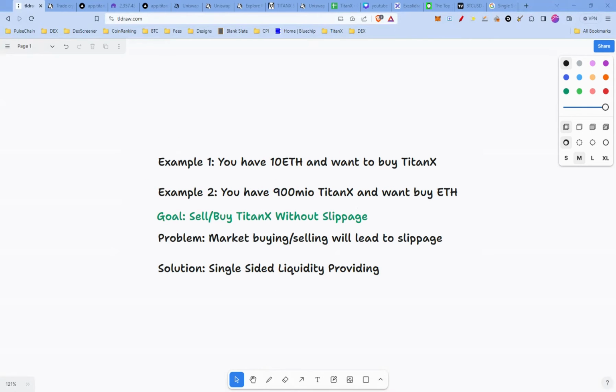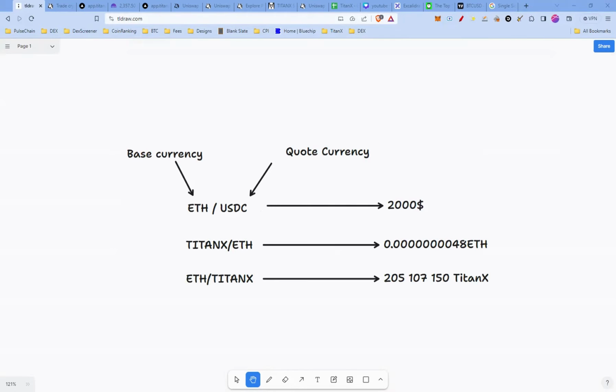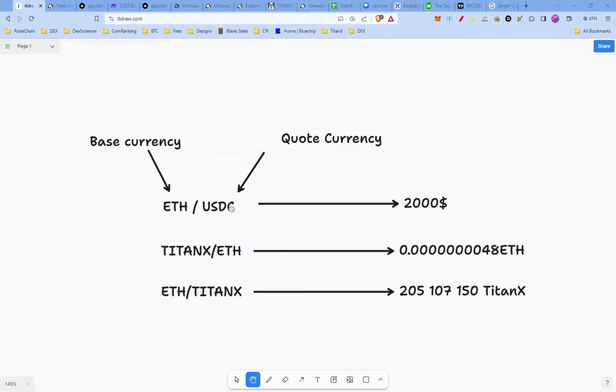Before we jump into the solution, we need to understand a few things. In financial markets, whether traditional or in crypto, there is a convention for how to show a trading pair. A pair in trading refers to two related items showing the exchange rate relationship. The first item in the pair is referred to as the base currency and the second item in the pair is referred to as the quote currency. So whenever you see a price shown, it's always how many quote currencies are needed to buy the base currency. So in this example, $2,000 is needed as the quote currency to buy one base currency of